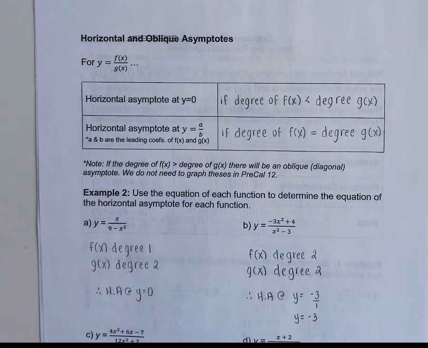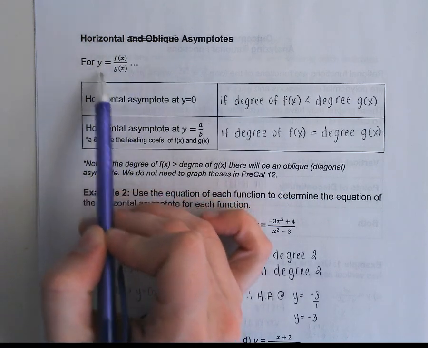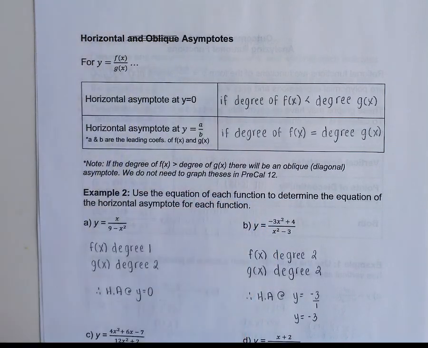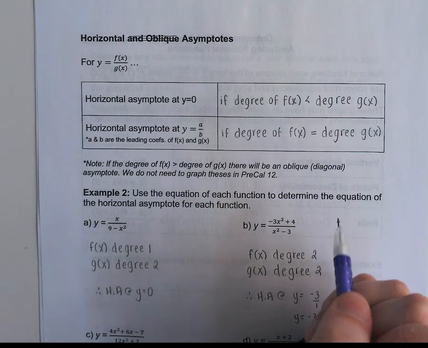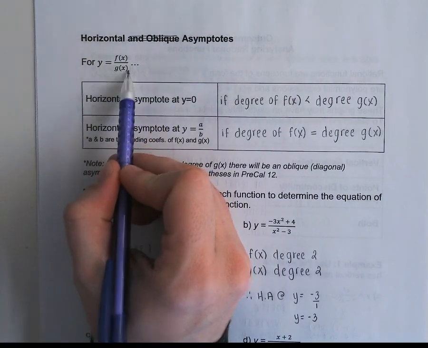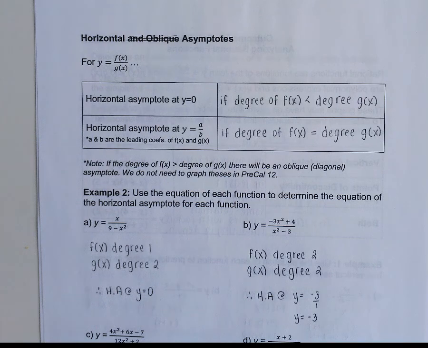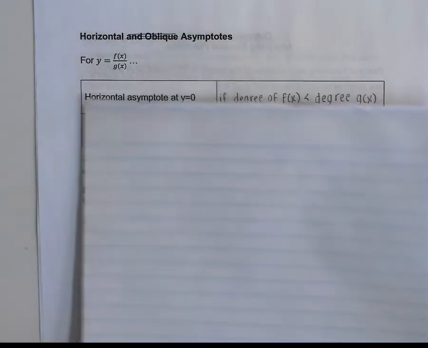So what you want to remember when you're dealing with these functions is that because you're working with a fraction, if you know what's happening as you increase or decrease your x values, it's going to give you an idea of what's happening on your graph. So if we look at a function like f of x over g of x, which is a polynomial function, if we knew the degree of the top and the degree of the bottom, we can actually tell a lot about the graph. So if you think about, for example, if you had